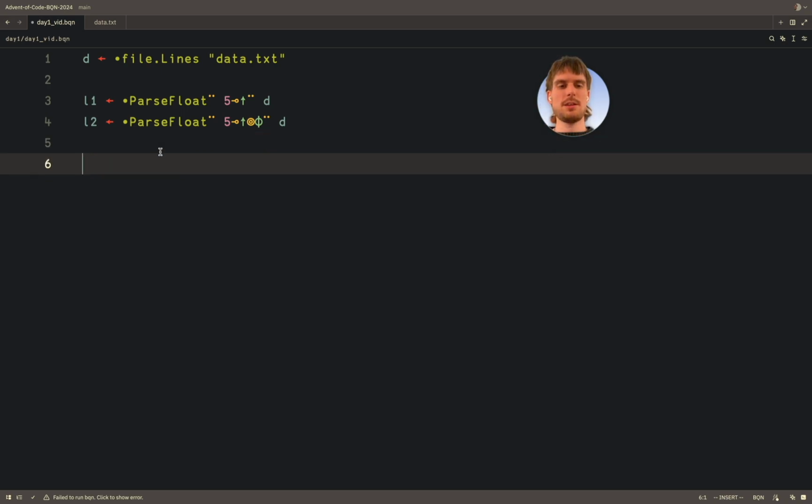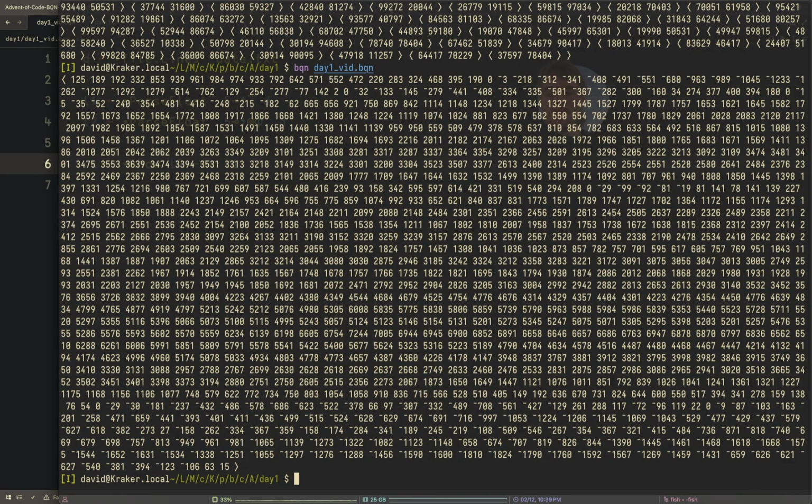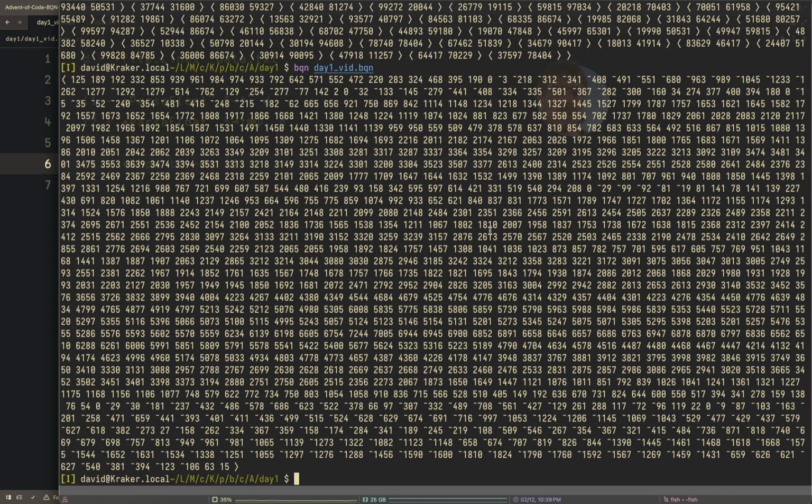Okay, so the first problem, solution 1, we needed to sort them. So we can sort list 1 and list 2, and then we need to subtract them. A nice operator or combination is to do it over and then minus. So here, if we give the second list as the second argument to this composed function, we apply the right function to both the lists. So we both sort them, and then we subtract them from one another. And then we get all the distances. We can show that. So you see all these distances between the two lists